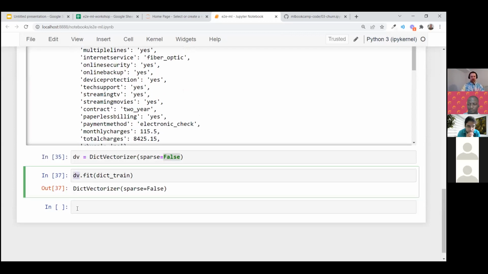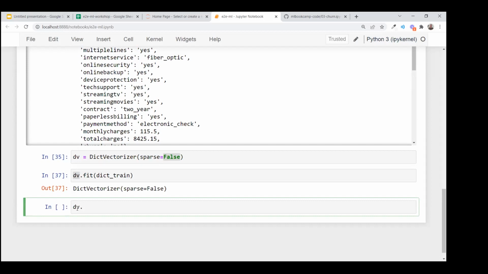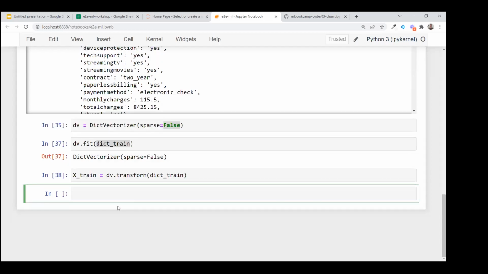And then the second step: now the vectorizer has trained, it has seen the dictionaries, and now we need to use this to turn our list of dictionaries into vectors. For that, we use this transform method. So we again apply it to the same thing, and this will give us the capital X matrix that we want. Let me show you how it looks.